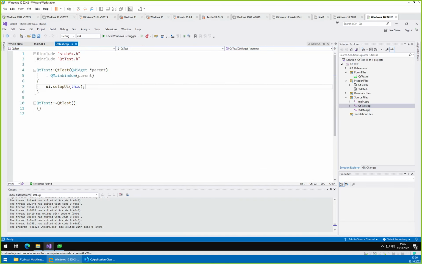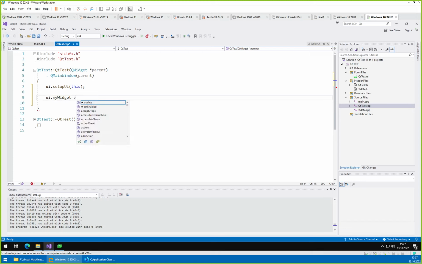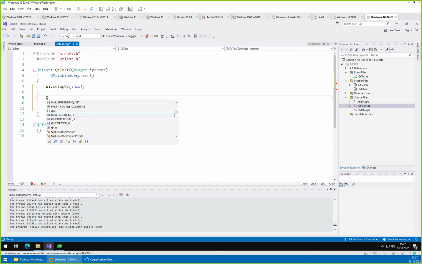But what we can do now here is we can go on UI, if the intelligence works. It just needs time to think. My widget. And this is now the element. And there are two things we could do. First of all, for this widget we could just give it a layout. So set layout. We need of course a layout, so let's say cool